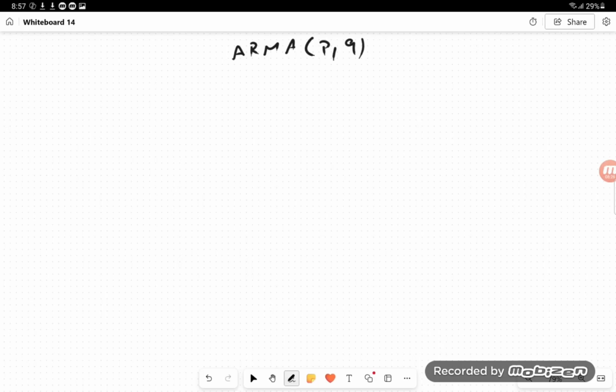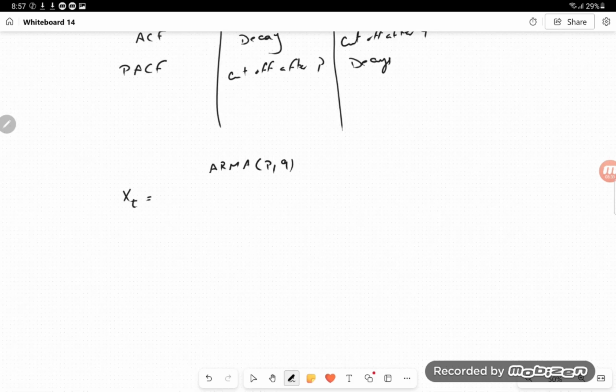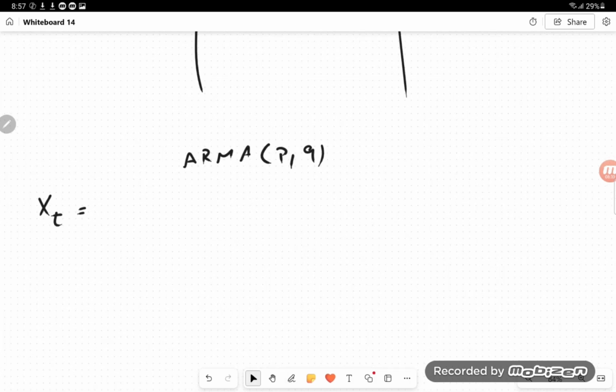So the general form of the ARMA model: x t equals c, for constant, for example, plus summation from i equals 1 to p of phi i x t minus i, where i is a counter counting from 1 to p,